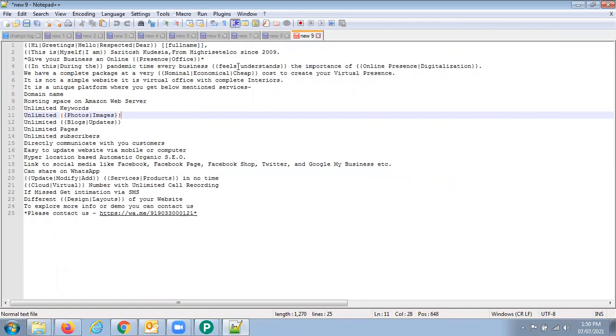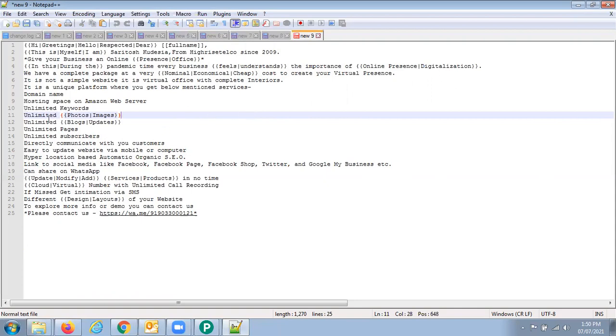Wherever we want to use different wording, we can make use of spin tags. It is very important to use spin tags as much as possible, because as many times as you use them, it will give a unique message, so barring of your number through WhatsApp is minimized.